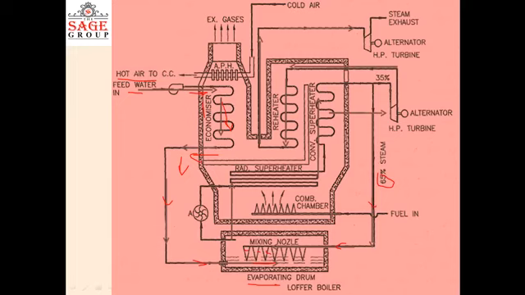And then after evaporation, this steam, with the help of this pump, will again pass through the radiant superheater. This portion is the radiant superheater, and below this you can see there is the combustion chamber where the combustion of the fuel takes place. So the hot gas will be produced here, and by radiation it will get heat. Then after passing through this radiant superheater, the steam will again pass through this convection superheater. This is the convection superheater.